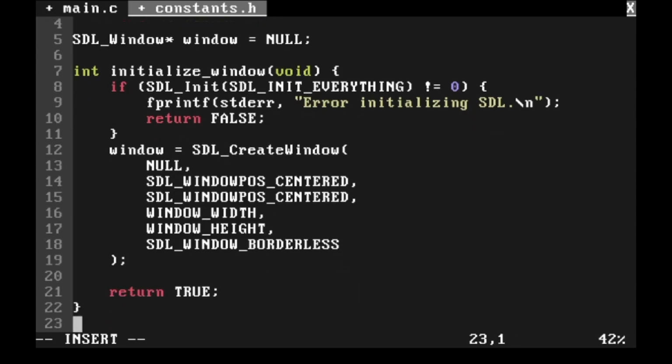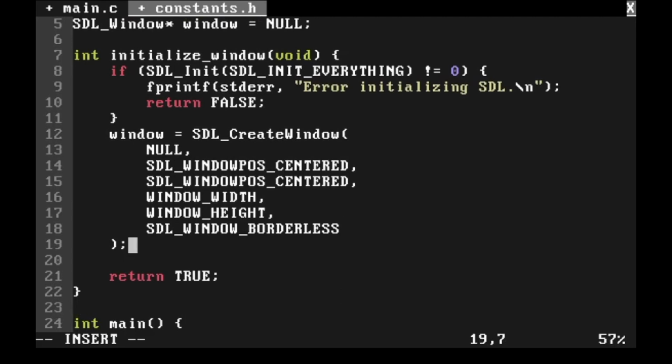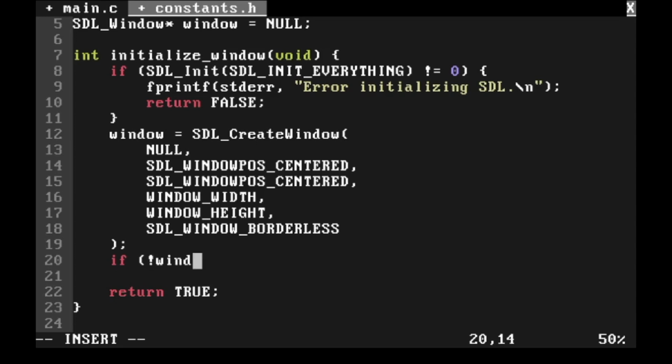Cool, so now this is us asking for SDL to create a window. But as you know, this is not a perfect world. Something might go wrong. So maybe this SDL create window couldn't create a window. Maybe there was an error message that was not able to perform what we wanted. So I need to test if the return of this pointer to that struct window is null by any chance. So if by any chance not window,